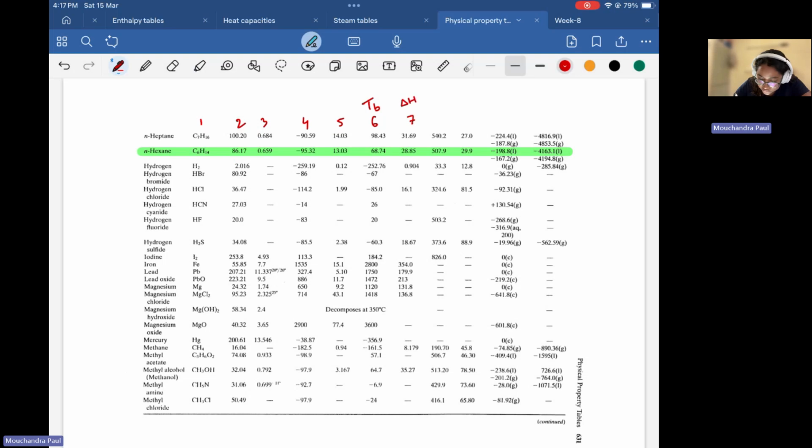Seventh column is for heat of vaporization. So n-hexane boils at 68.74, close to 69 degrees Celsius, with the heat of vaporization of 28.85. So we can take this particular state as our intermediate state here,